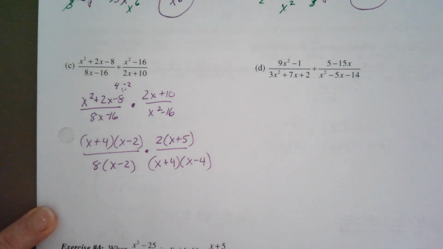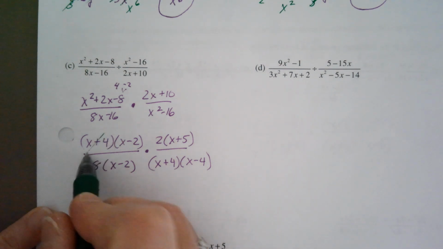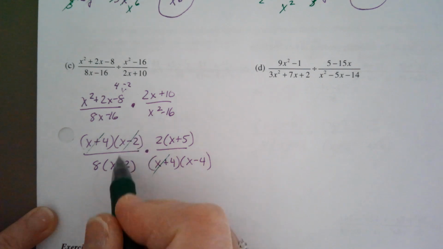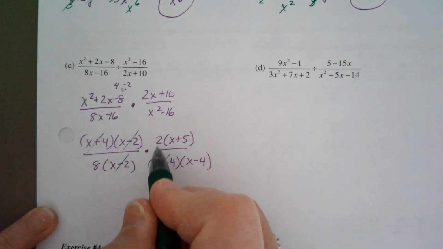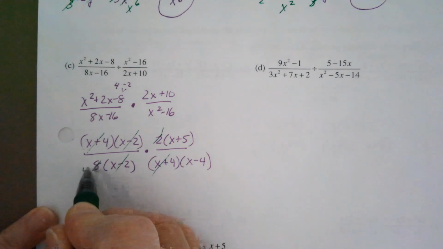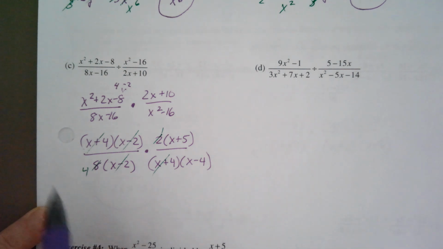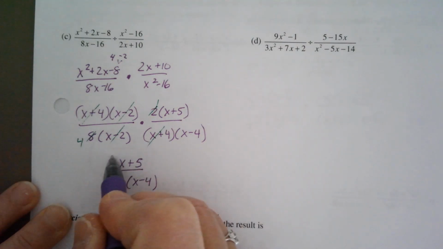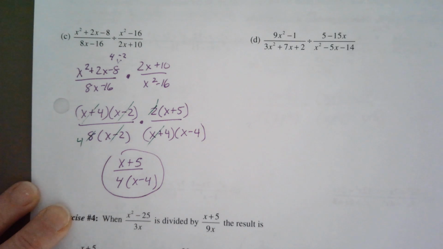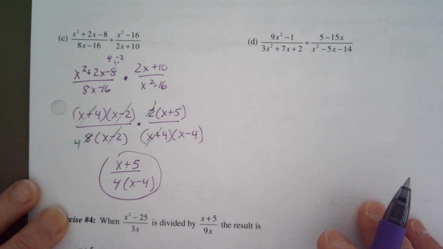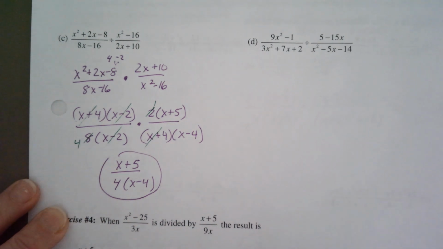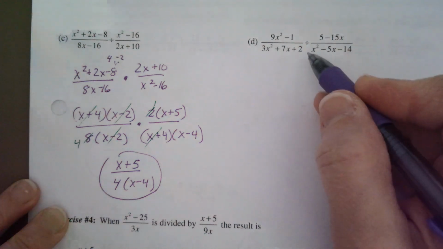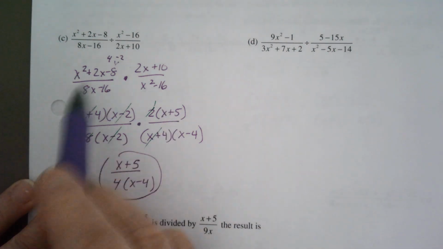Factoring skills are very, very important here. X plus 4's divide out, the x minus 2's divide out, the 2 into 8 4 times. Our answer is x plus 5 over 4 times x minus 4. D. Okay. Instead of rewriting,